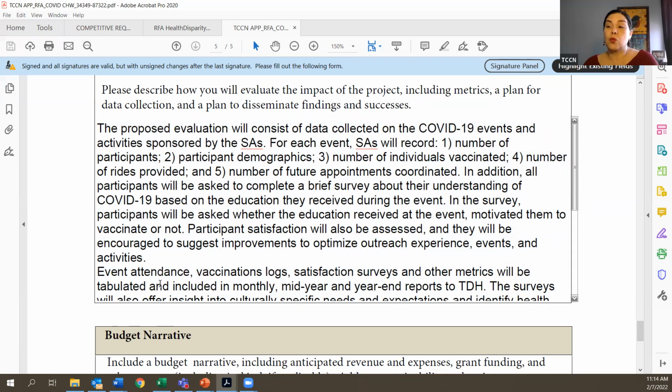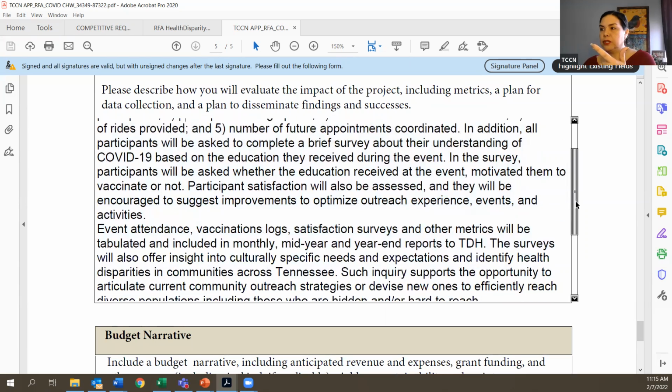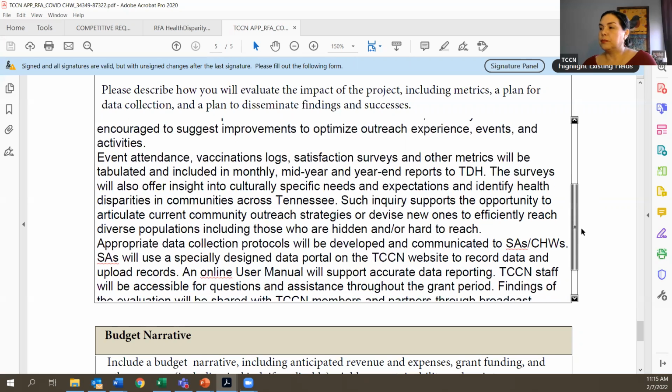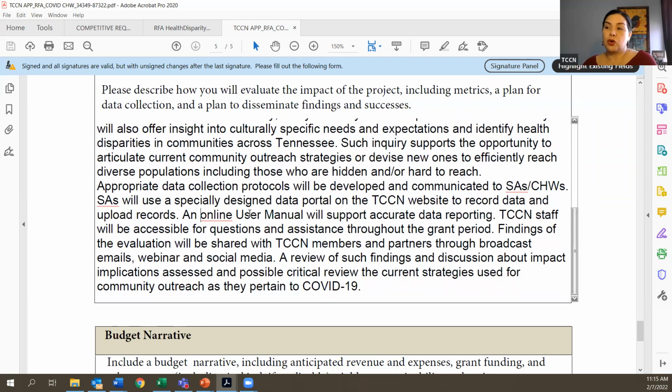We're telling them what tool we're going to use, right? What are we collecting and which tools? Well, we describe that right here: vaccination logs, surveys, reports, and we're going to provide a user manual on how to do this. So we're still talking about how we're going to do the data collection, and that we're going to evaluate the data,